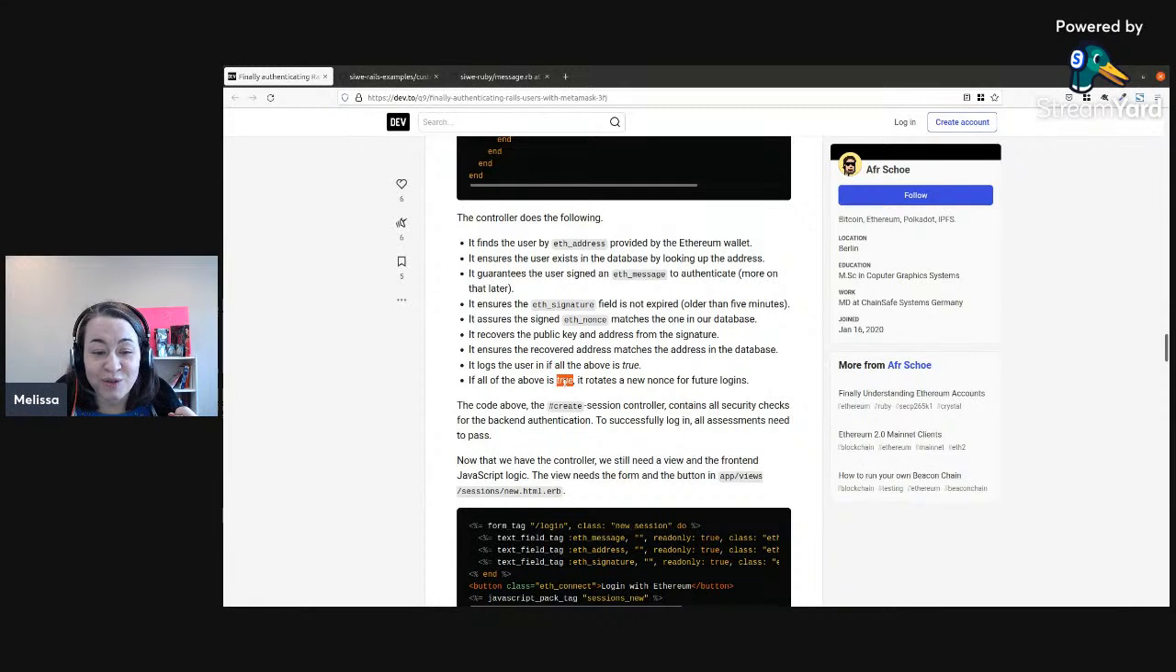If all of it is true, it then rotates the nonce for future login. So you just can't keep logging in on the same account. Yeah, it has to do all that to make it secure. And then we're gonna add in, hey, does this person own an NFT? So that's like a whole new thing, which